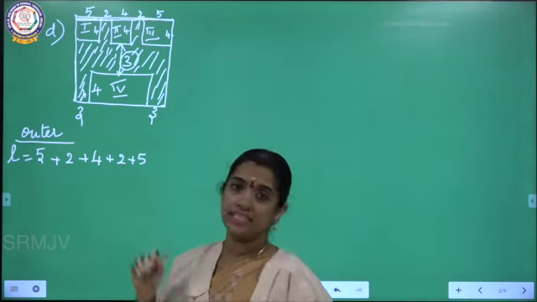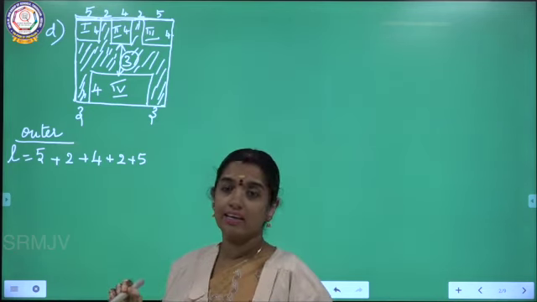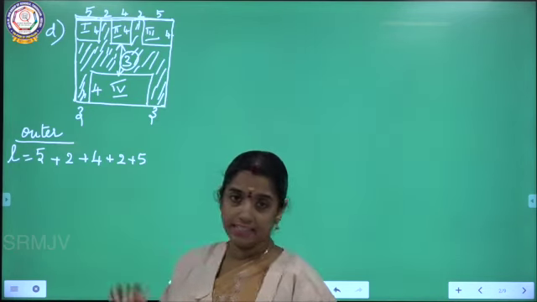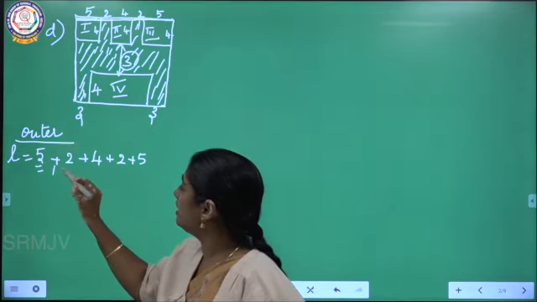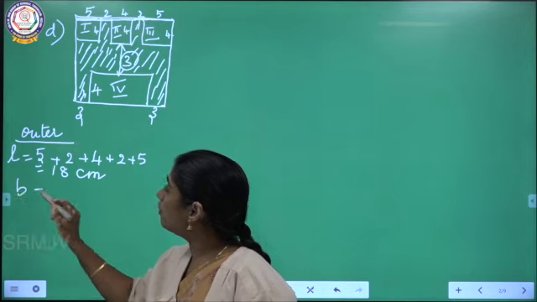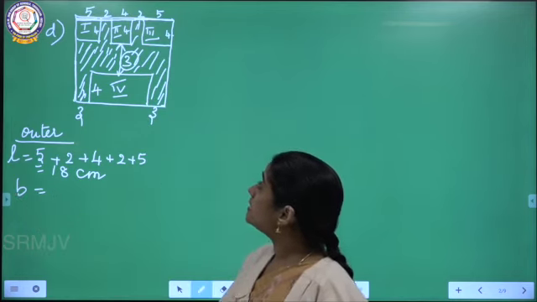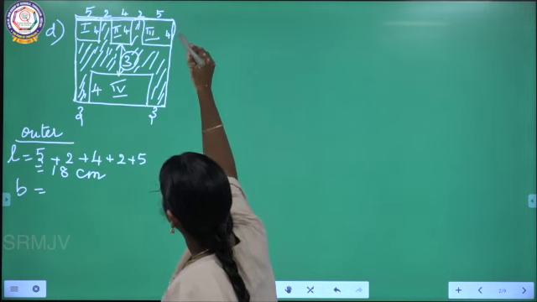5 plus 2, 7. 7 plus 4 is 11. 11 plus 2 is 13. 13 plus 5 is what? 18 centimeter. Now when I am coming for the breadth, see your breadth, from this part to this part is